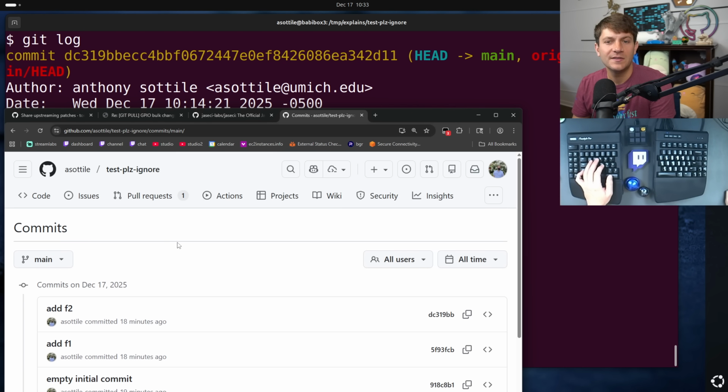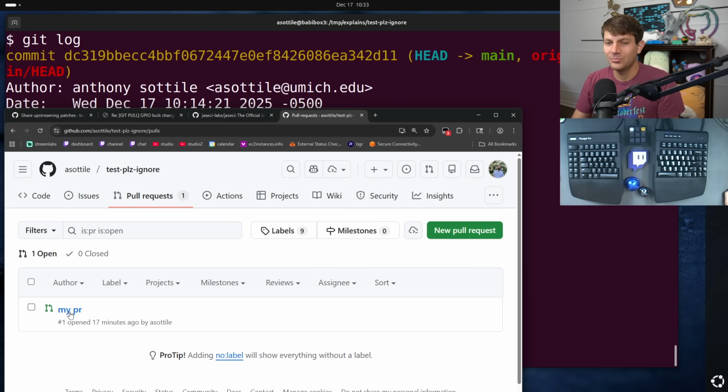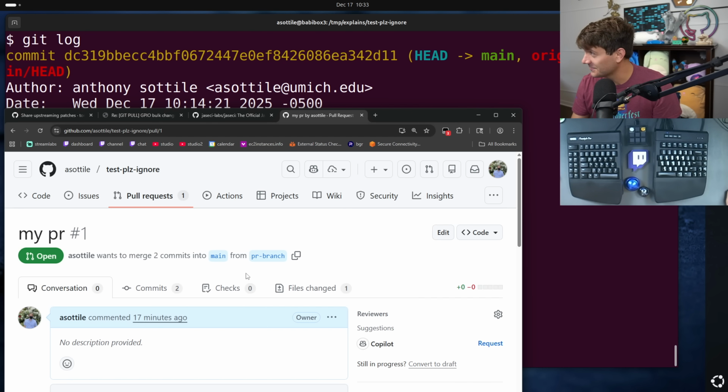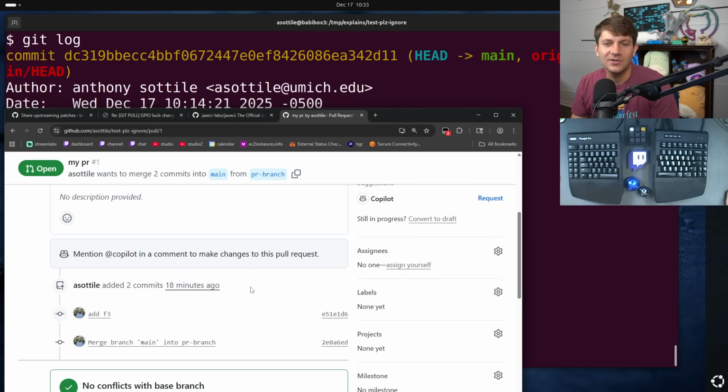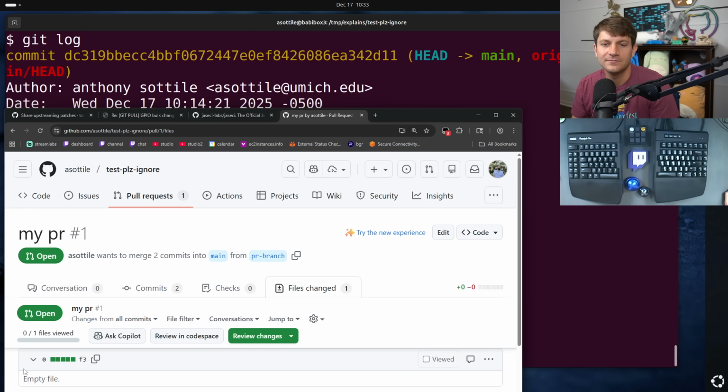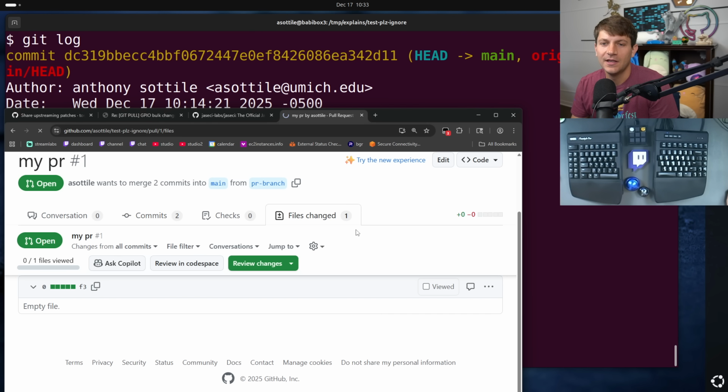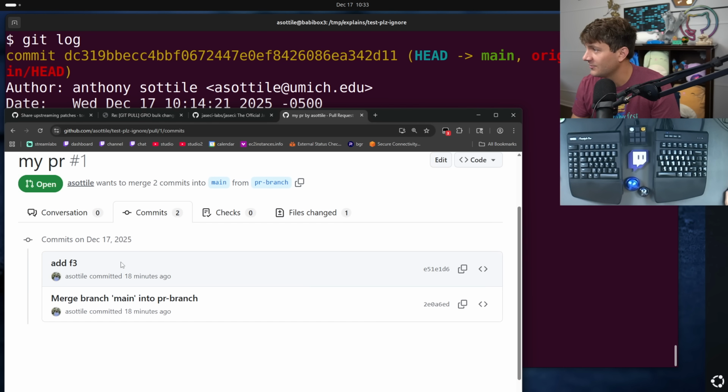But I've made this pull request, which looks pretty normal, but I've actually done a pretty evil thing here. So this pull request adds a file, just an empty F3 file. It has 2 commits in it. One of them looks like the actual work here, and then this merge branch main into PR branch. And, at a glance, you'd probably just look at this and be like, oh, they just merged main, whatever, not a big deal. But actually, this merge commit,